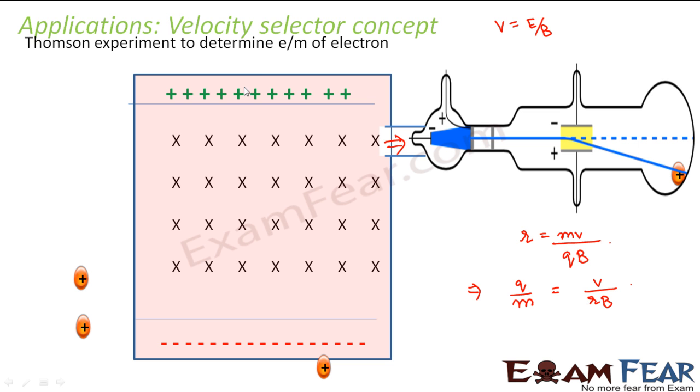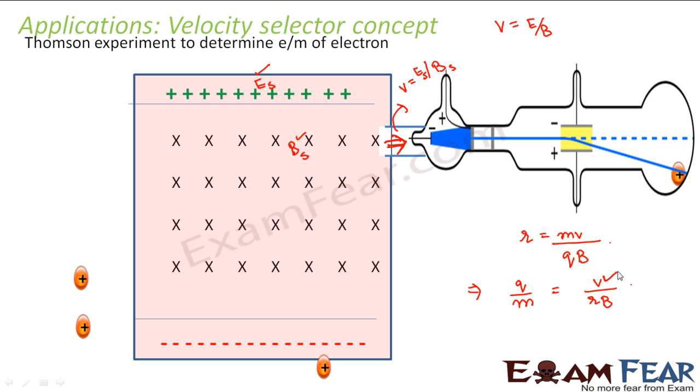So what he did, here he applied some electric field E and some magnetic field B, of known value. He knows the value of this electric field and magnetic field. So whatever particle reached here, the velocity of all these particles will be E by B. Let us suppose the value of this electric field was Es, and the value of this magnetic field was Bs. That means the particles which are entering Thomson's apparatus all have velocity Es by Bs.